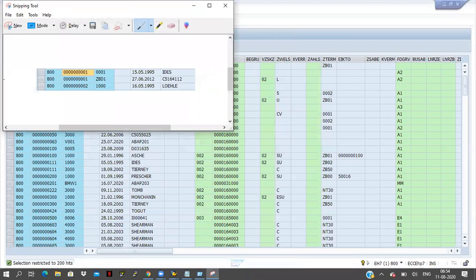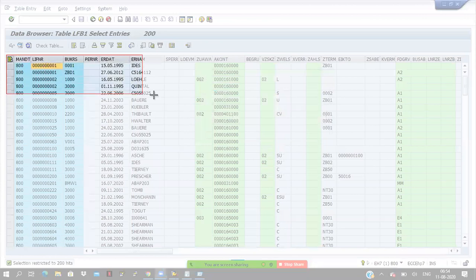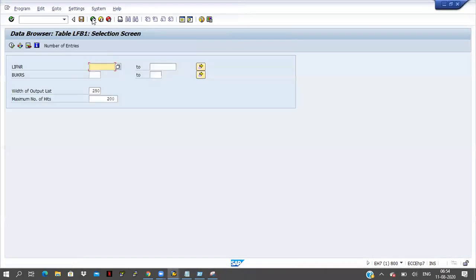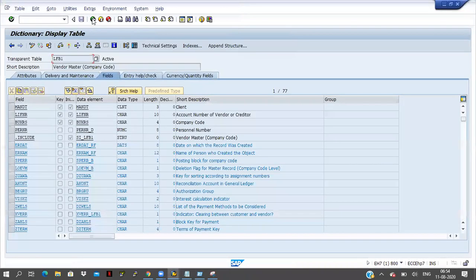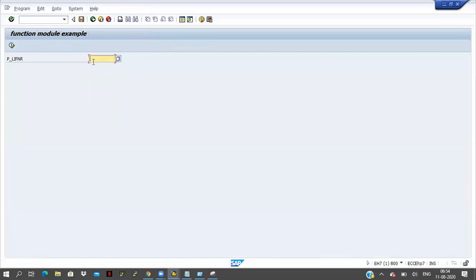So this is the program, right? I'm executing this program. In the Lifnr, I am giving 1. Click on the execute button.